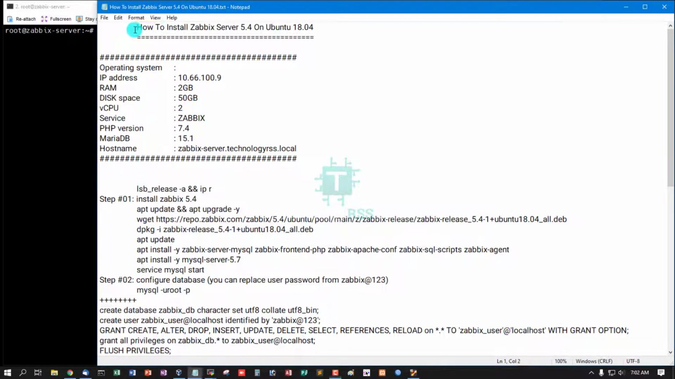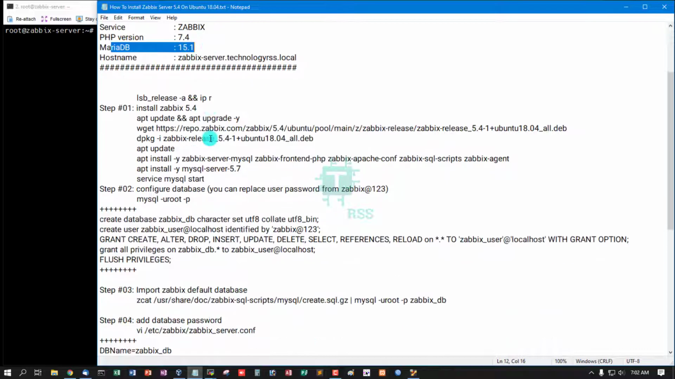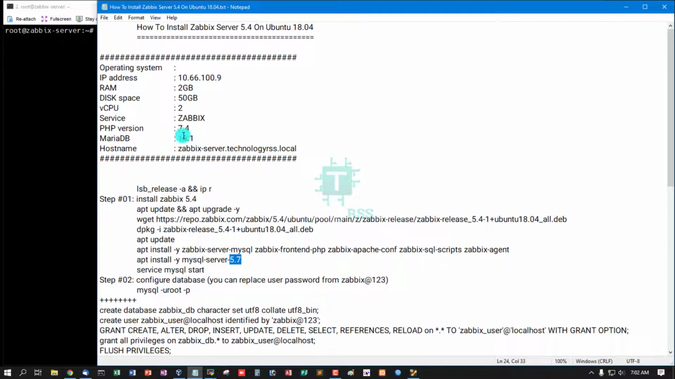Hello, in this tutorial, how to install Zabbix Server 5.4 on Ubuntu 18.04. This is my server information: operating system Ubuntu 18.04, IP address 10.66.100.9, RAM 2 GB, disk space 50 GB, virtual CPU 2, service Zabbix, PHP version 7.4, MySQL version 5.7, and hostname Zabbix